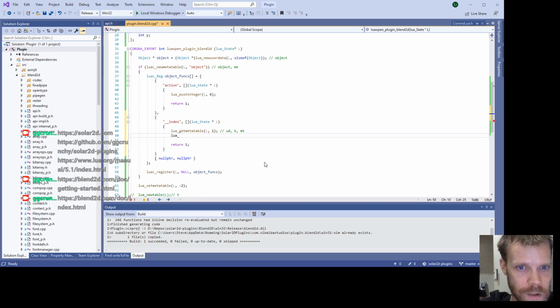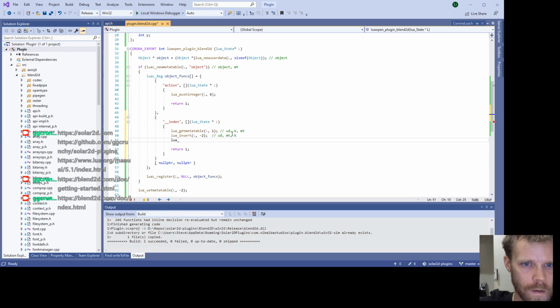So I'll switch these around by inserting into the second position from the top of the stack. So the top of the stack is -1, and the spot below that is -2. So I'll put the item at the top of the stack into -2, which will make it look like that. And then I want to get the item at